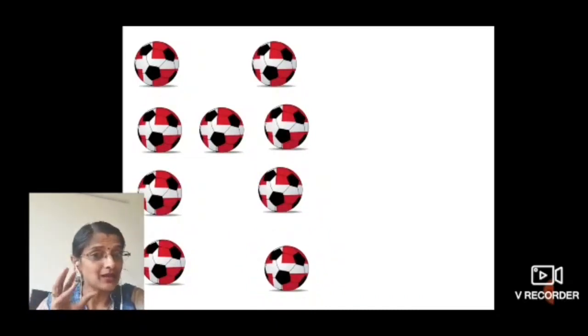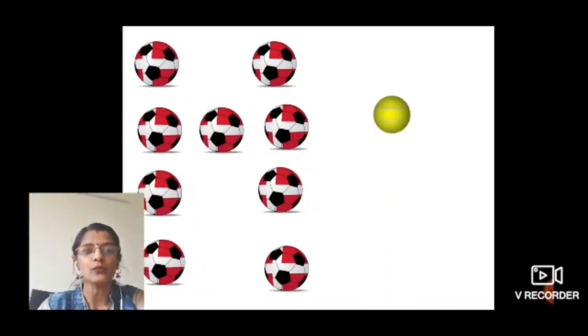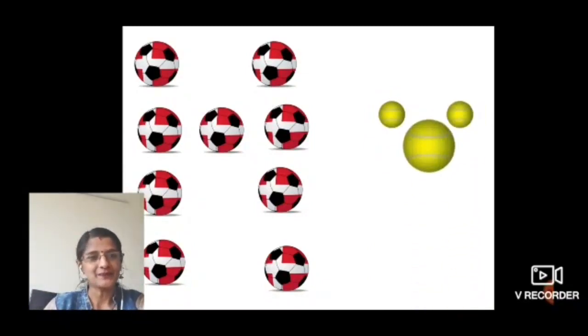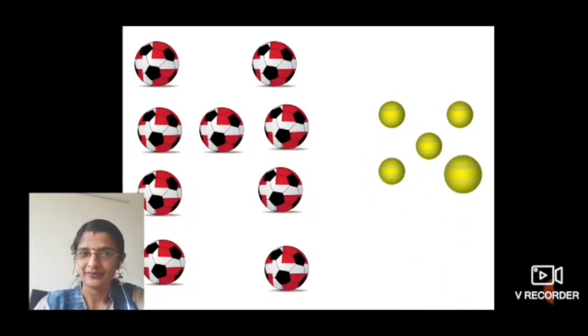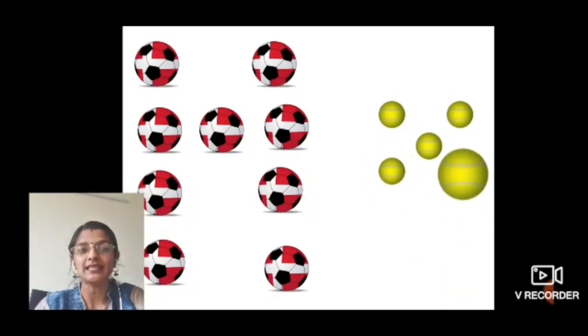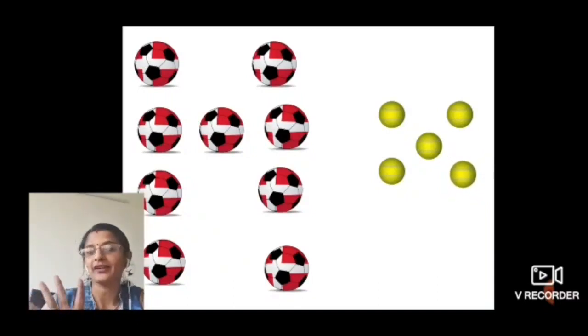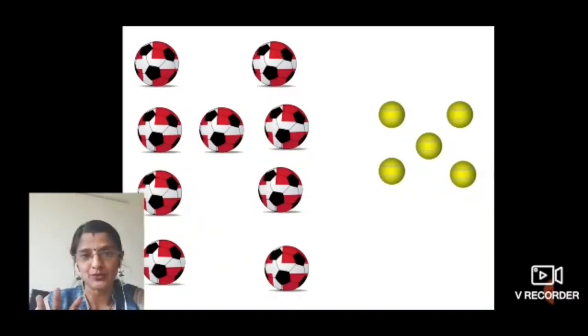Okay. But we have a few more balls. Small balls, that is 5 in number. So let's draw 5 small balls. 1, 2, 3, 4 and 5. So now on the screen you can see 9 big balls and 5 small balls. And this was the information given. Correct? Now what is the question? We have to move to the second part, that is the question. We need to find out the total number of balls.